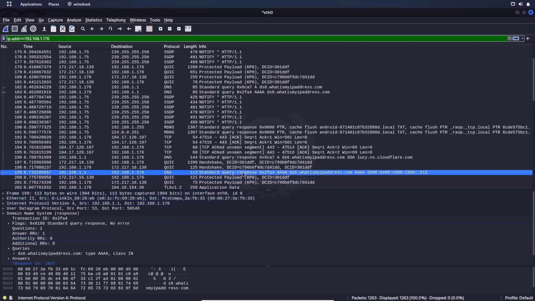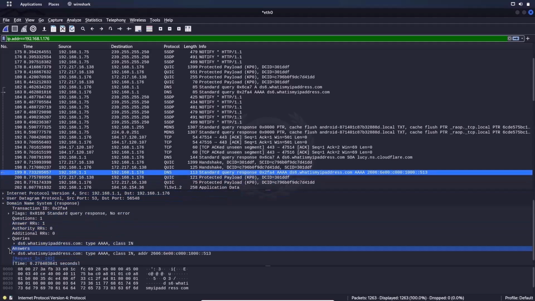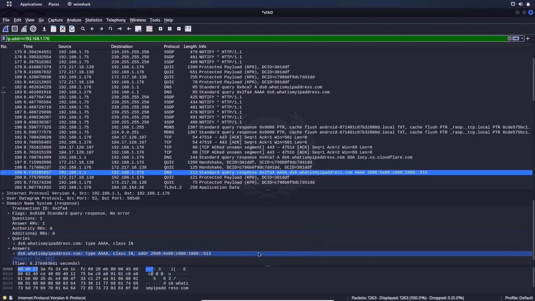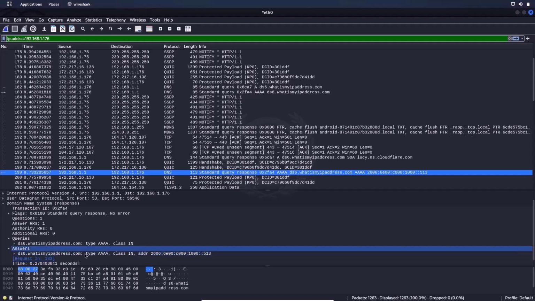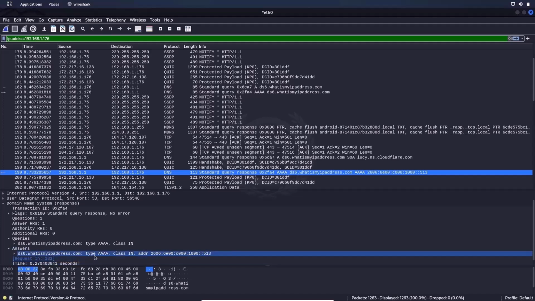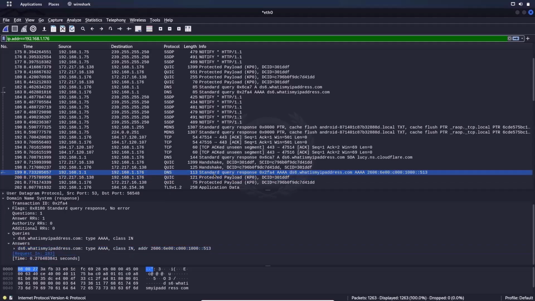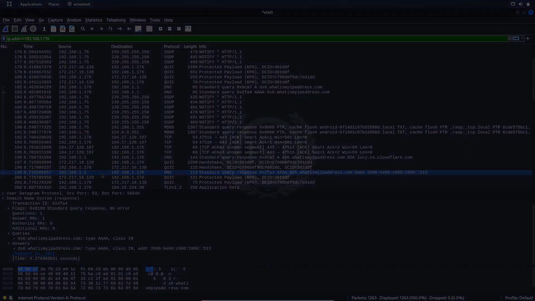If I click on this packet and go down and click on the answers, as you can see, the header is in IPv6 format. So what is my IP address? Type is A record. What I want to say is my Wi-Fi router is acting as a DNS server over here, but in general, if you want to know the DNS server of your ISP, which is responsible for querying your domain names, you have to unplug the cable that you receive from your ISP and plug it into your system directly. So let me show you that on the video.